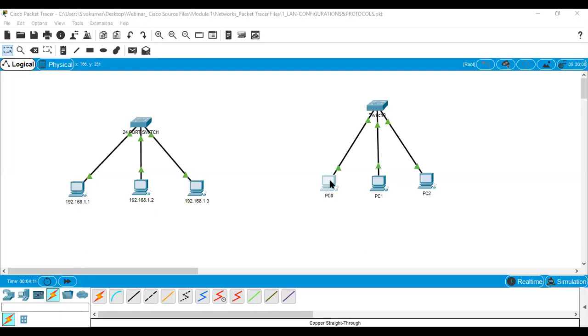Then in this fast Ethernet setting, you have to configure your IP section, DHCP or dynamic host configuration protocol, or static. Here itself we can give the IP address and subnet mask. Then the Bluetooth mode: if you are connected with some Bluetooth, you have to give the Bluetooth frequency and coverage range and all things here. Then go to desktop. This is the important block to configure.